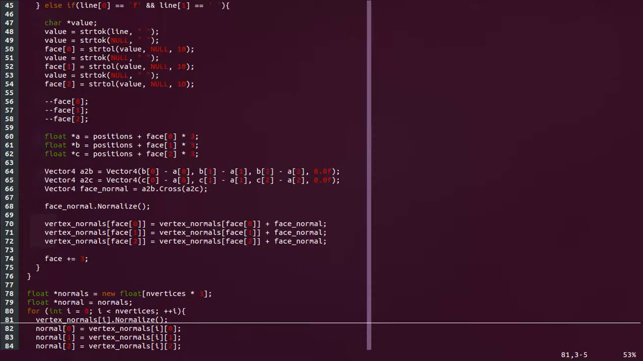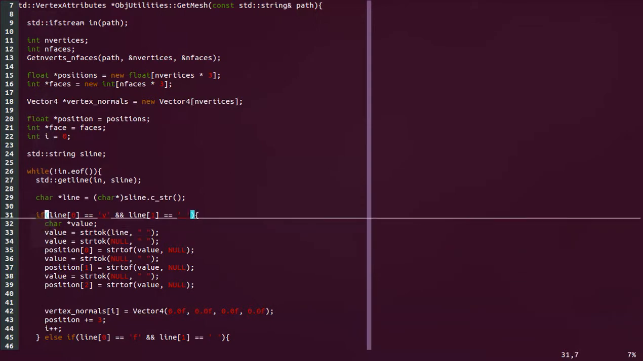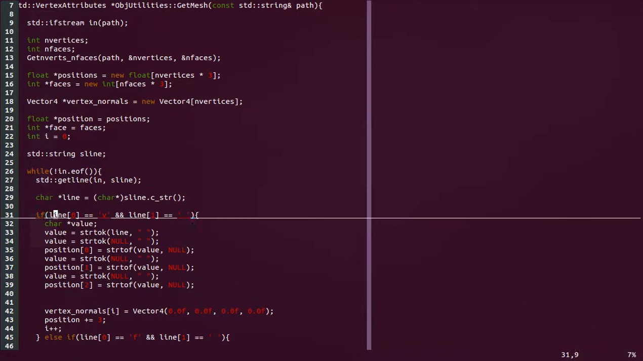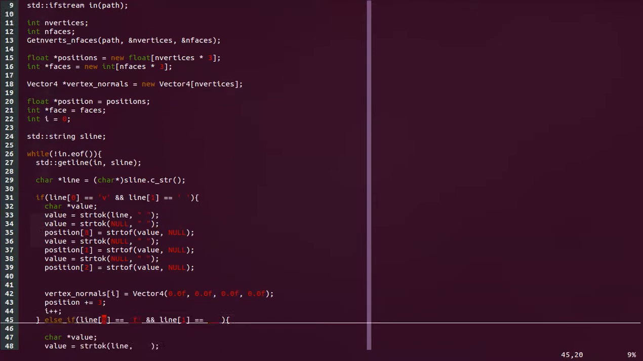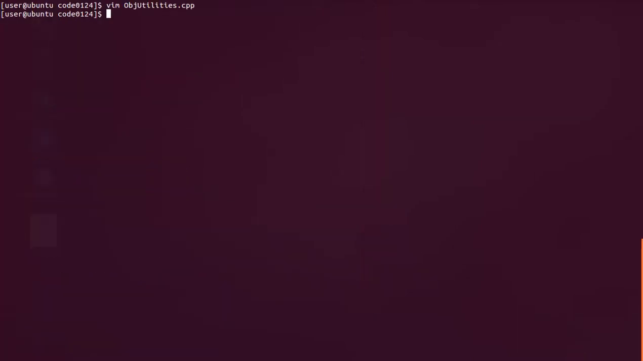And up here at the top, when I actually read the file, I modified it so that it will read it line by line and pick out all of the lines that start with V and a space and all the lines that start with F and a space, and it will add the values into those arrays accordingly, which is nice because one of the files I actually am using,